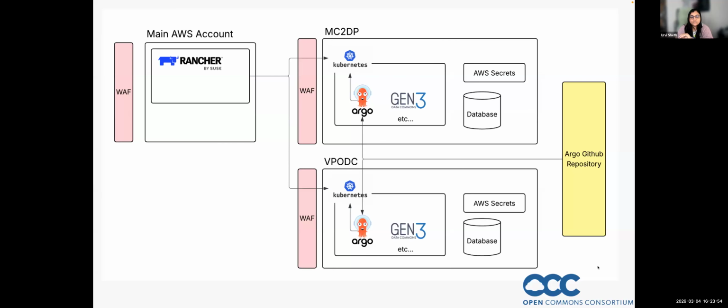Argo CD, as we discussed before, is a continuous deployment tool that connects to the Argo GitHub repository, ensuring that our services are automatically updated and deployed whenever there are new changes. Both MC2DP and VPODC are also protected with WAF for maintaining security. So this setup allows us to centrally manage multiple Gen3 environments while automating deployment and upgrades, maintaining security, and keeping